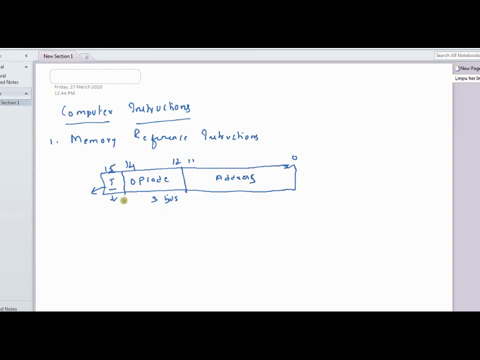Here in this memory reference instruction, we will code the binary code in such a way that the opcode value is in the range between 000 and 110.